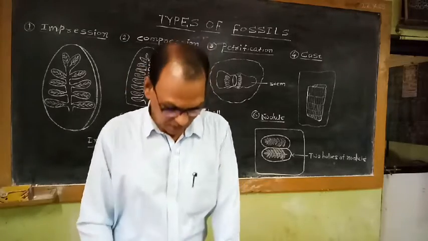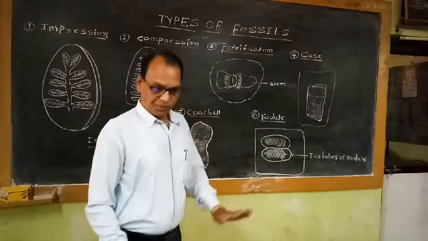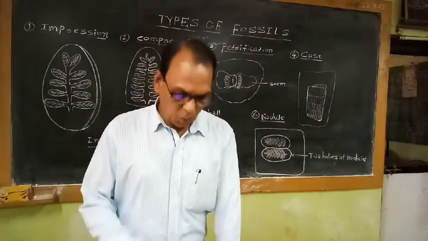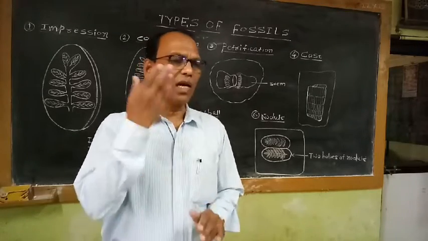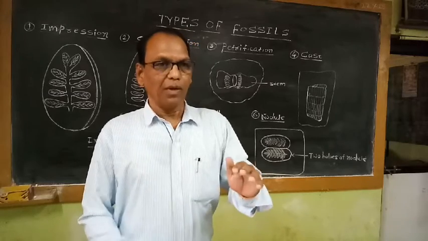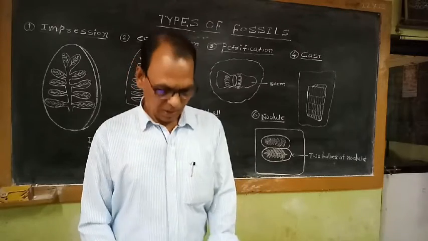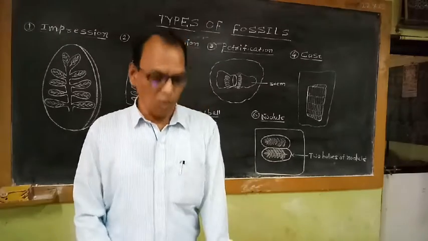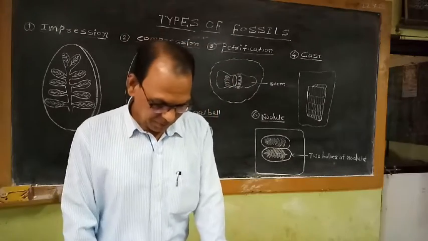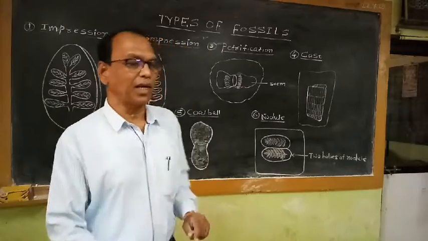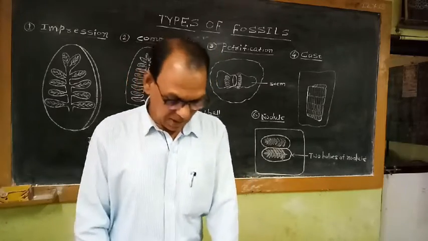Such ball-like structures are generally found in coal mines. Generally these coal balls are found in between two layers of coal. In the coal mines, different strata or different layers of coal are observed, and these coal balls are generally found in between two layers of the coal. So the presence of some plant material in this coal ball is helpful for the study of ancient plants.